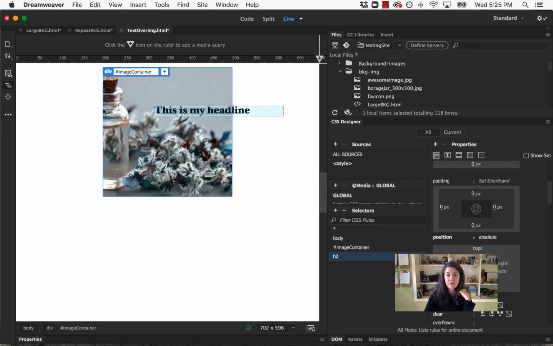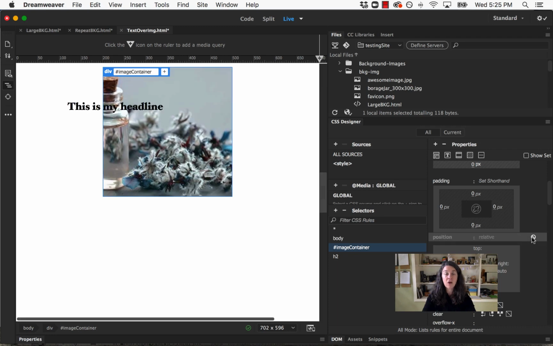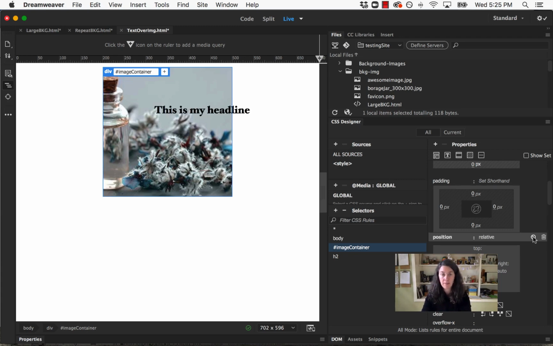So 75 down or 70 down and 120 from the left edge of this box. So it changes the way that it works a little bit. Again, if I go back to the image container, I take relative and turn it off, we're going to see that now we are 75 and 19. Okay, so things are a little bit different depending on how we set up the positioning. Okay, so I'm going to go ahead and turn that back on, but I'm going to come back into my